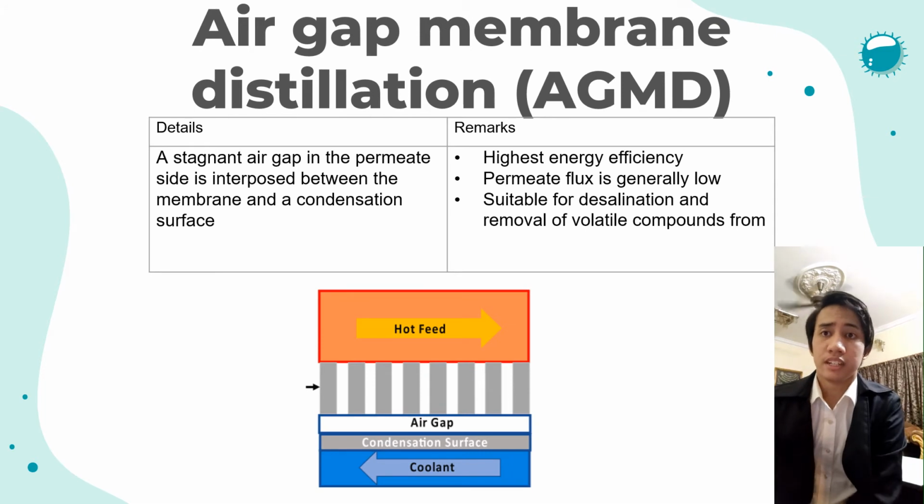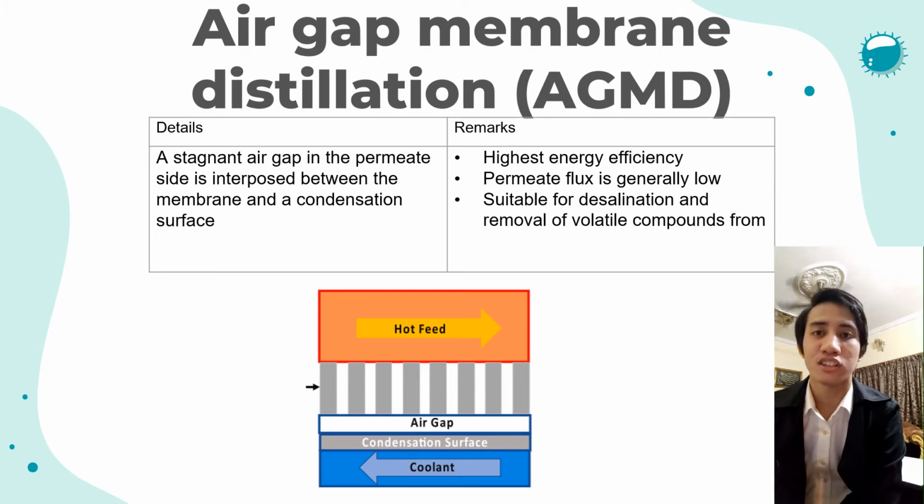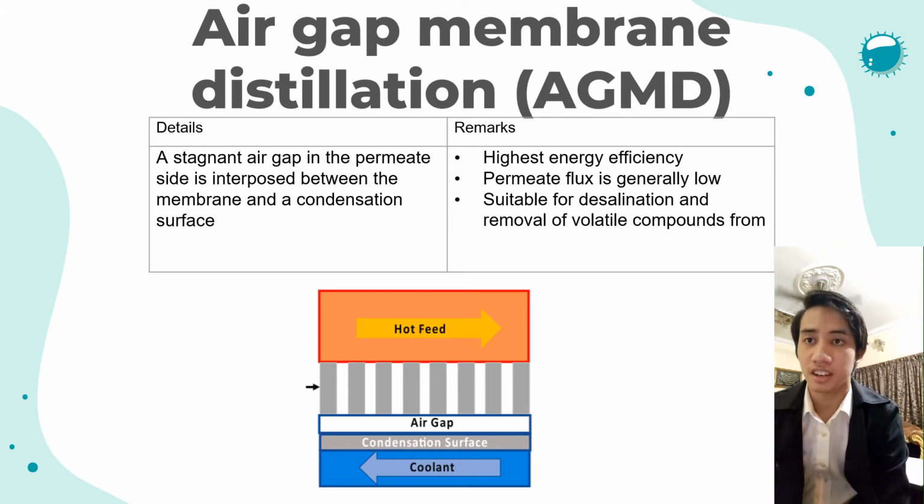And second, for the air gap membrane distillation (AGMD), as the name suggests, an air gap is created between the membrane and a condensation surface, as shown in the figure below. Because of the air gap between the membrane and condensing surface, the heat loss is low and the configuration exhibits the highest energy efficiency, but the permeate flux obtained is generally low because of additional resistance offered to mass transfer by